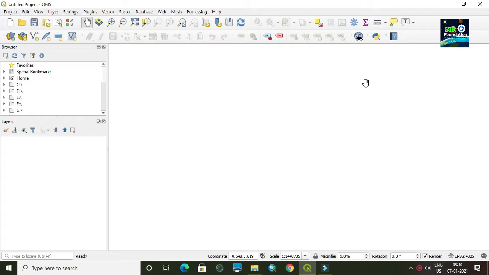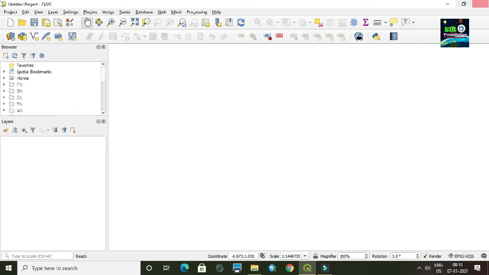So basically, if we want to do the same process again and again, then this model will help us to set a fixed path or a fixed program algorithm to carry out the same processes again and again. Okay, so it will simplify our task and it will enhance the work efficiency on our project. Okay, so here I have created a new project in QGIS.